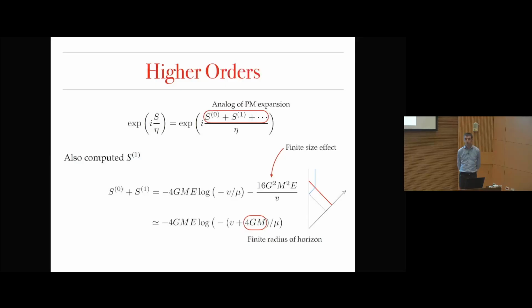And in fact, at some point, you integrate from minus infinity to 0 at first, and you get some result that is minus V. And then at the end, with this one loop correction, you get this minus V plus 4GM that seems to correctly tell you that really V should go not from minus infinity to 0, but from minus infinity to minus 4GM.